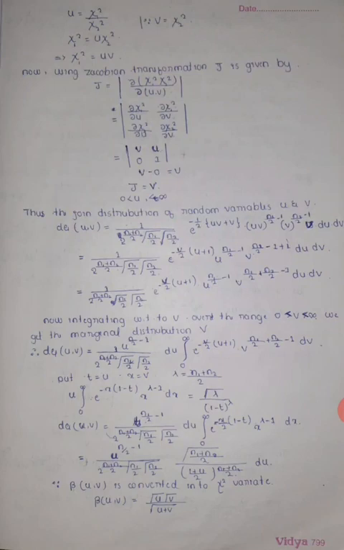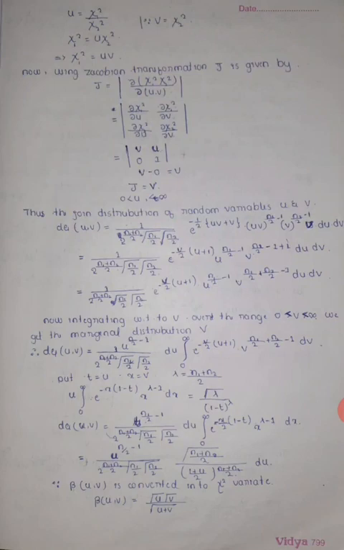The Jacobian J value is phi into du d phi. That equals 1 by 2 raised to (n1 plus n2) upon 2, gamma of n1 by 2, gamma of n2 by 2, into e raised to minus phi by 2 into bracket (u plus 1), taking phi common, next u raised to n1 by 2 minus 1, and here phi raised to n1 by 2 plus n2 by 2 minus 1, du d phi. Now, integrating with respect to phi over the range 0 to infinity, we get the marginal